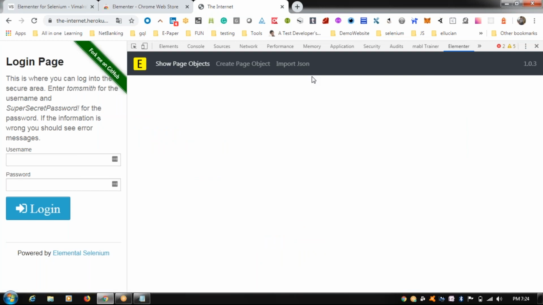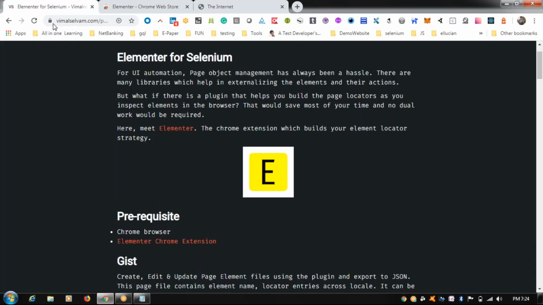There you can see this Elementor, which shows three patterns over here. So this makes it clear that we have successfully installed the Elementor plugin. That's it. These are the two plugins with which we can get the page objects quicker.